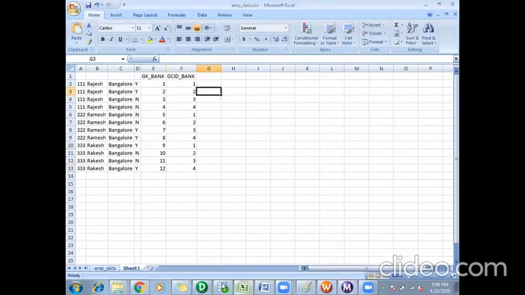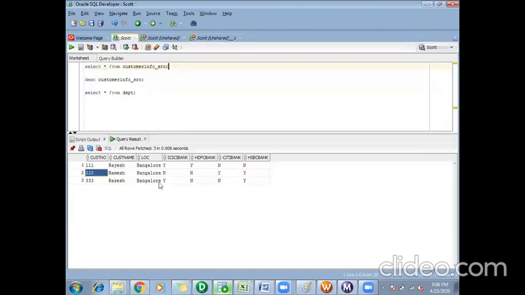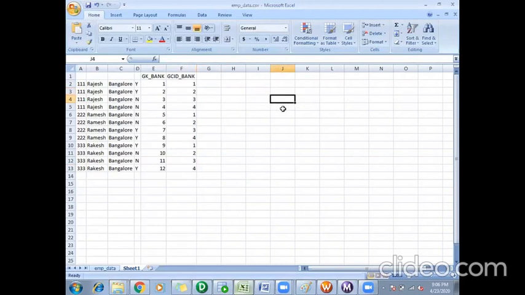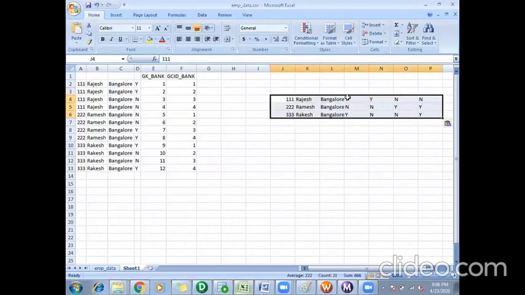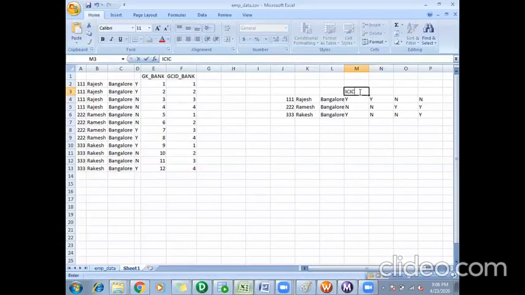Now, if you see my source data, this was my source. The column names were ICICI, HDFC, HSBC and Citi.